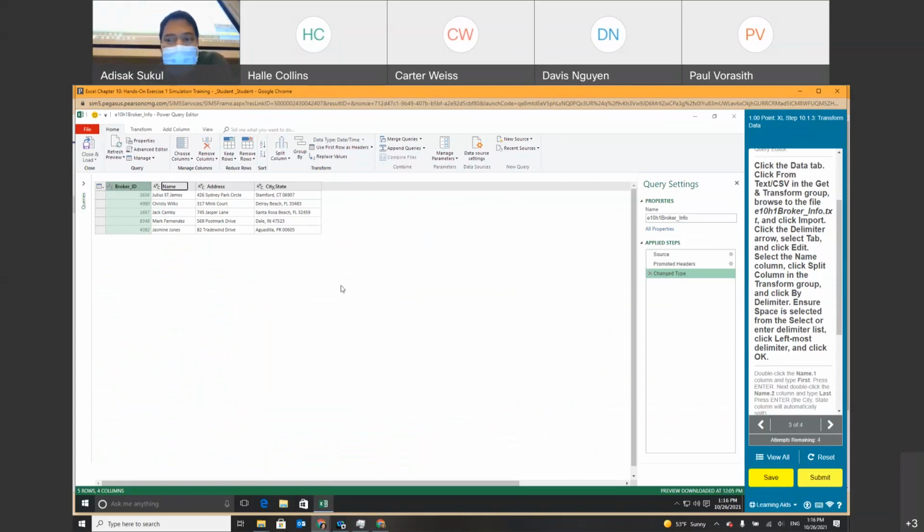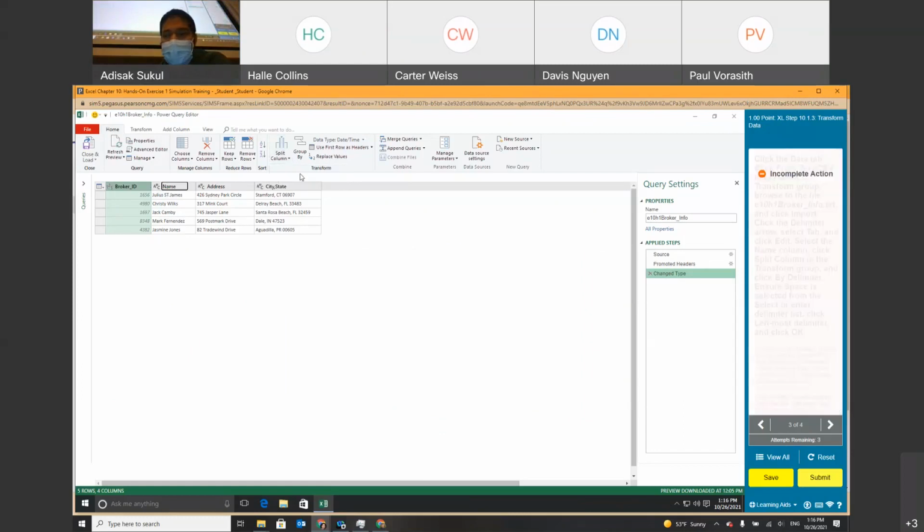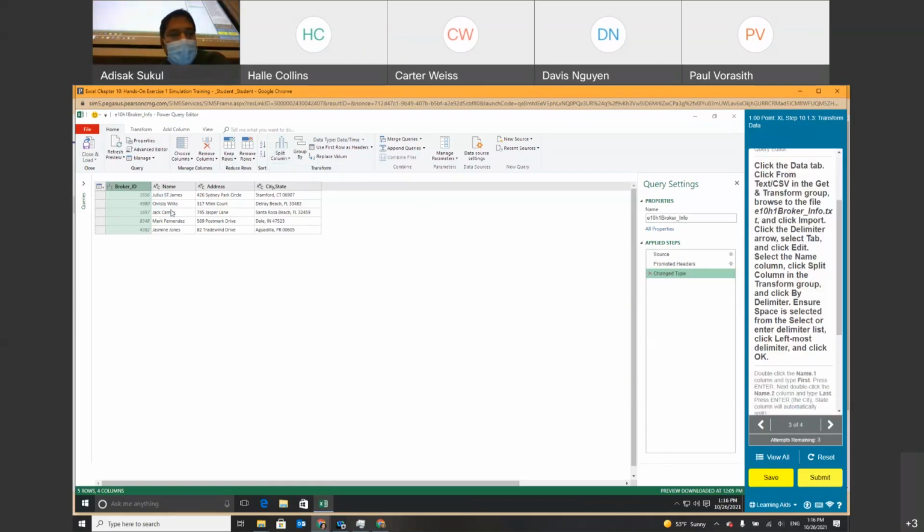Select the name column and then split column. Now, you know what? This happened from time to time on this simulation. They will let me really select the whole column. So if I click split, then it won't work. And the way to fix this is,